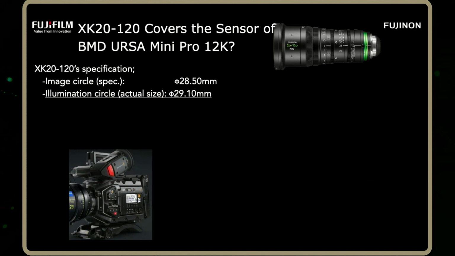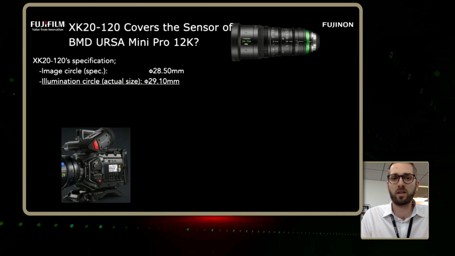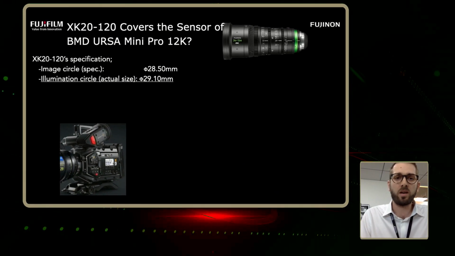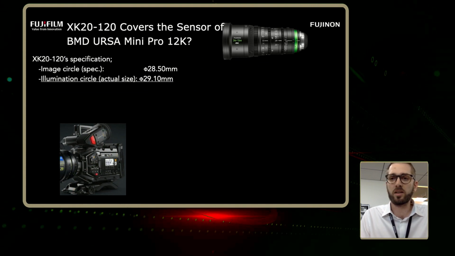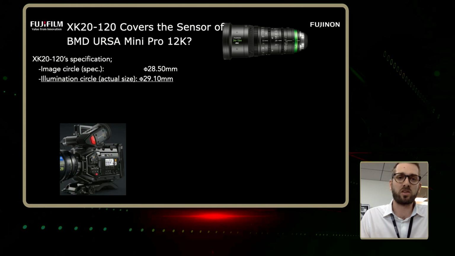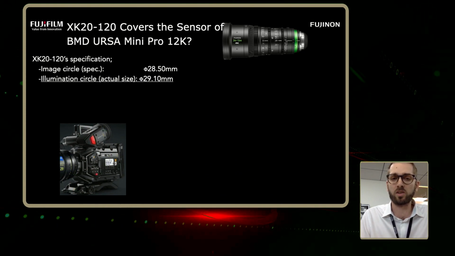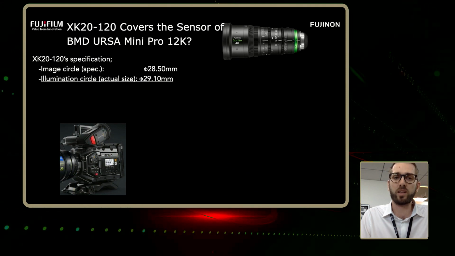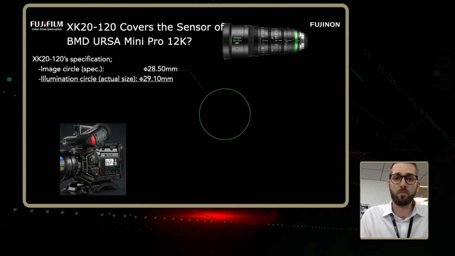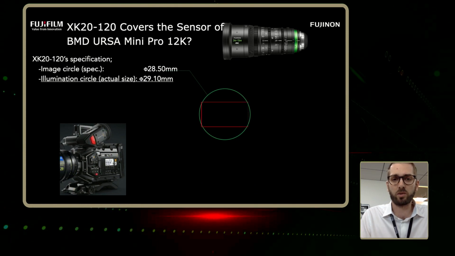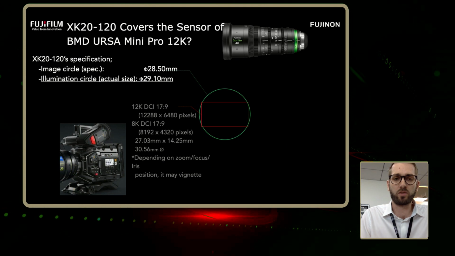Yeah, so one of the biggest questions that is coming up with a lot of lenses, I guess, now that we're getting more and more formats, is whether a particular lens covers a particular camera sensor. So in the case of the Ursa Mini Pro 12K, the XK20 to 120 does cover the Ursa Mini Pro. We can go on to the next slide and show you a little bit more about which formats